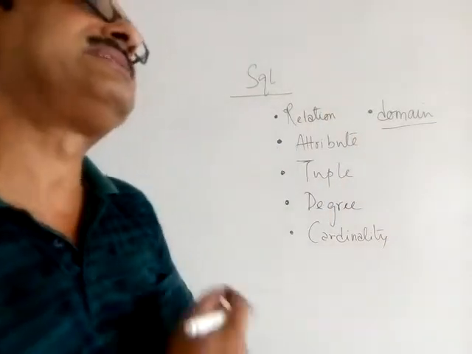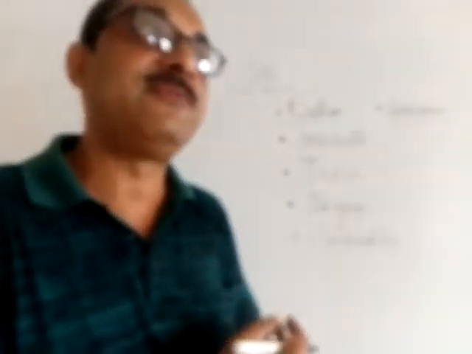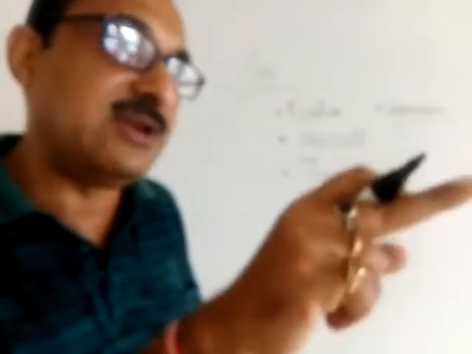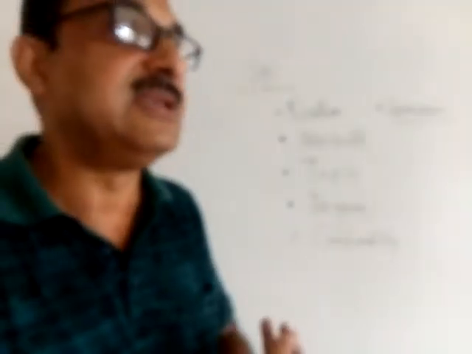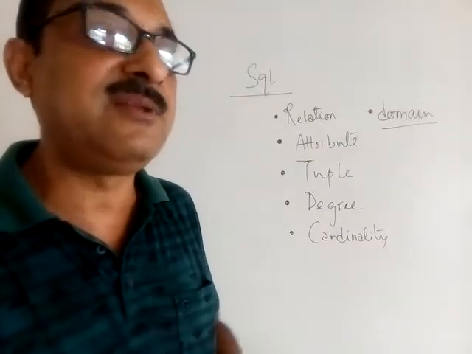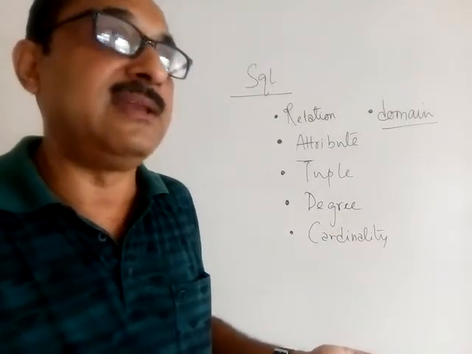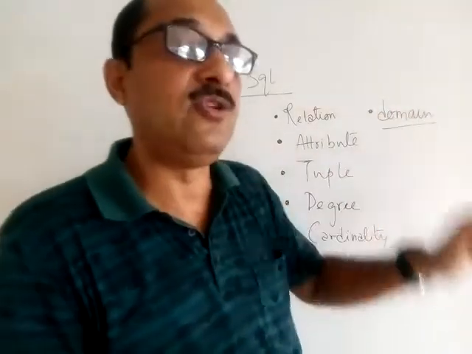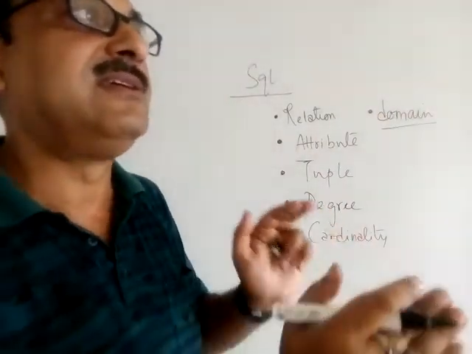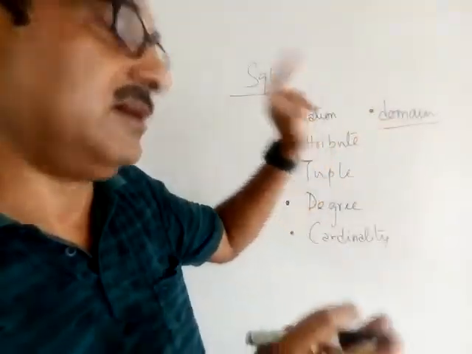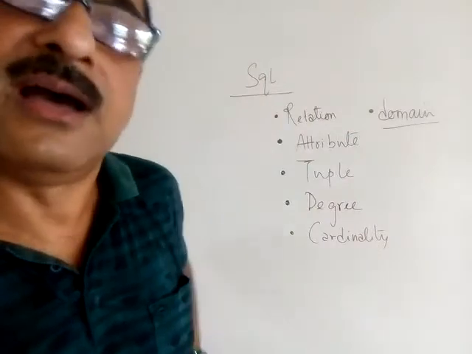Or I am giving you another example. Say I told you that you have to write the value of the class all in numeric, like for class 1 you write 1, for class 2 you write 2, like this. So the classes have to be within 1 and 12. It cannot be more than 12, cannot be less than 1, right? So 1 to 12, any value, this range of values can be called a domain. That means any valid value for that particular field of a table can be called a domain.